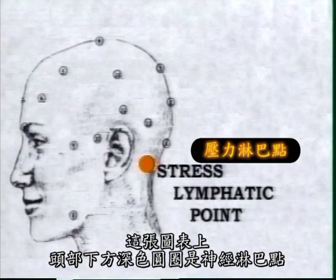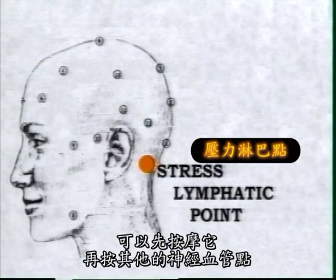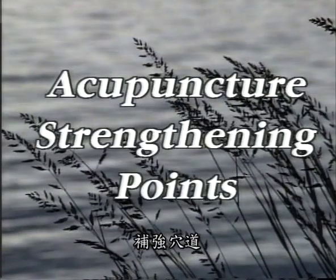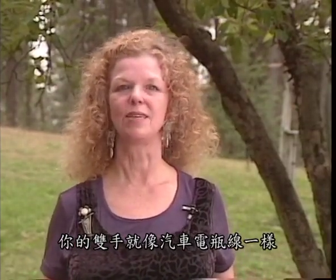The darkened circle at the bottom of the head in the diagram is a neurolymphatic point. You can massage to open the energy. You might massage this point before holding the neurovascular points. Your hands become like a jumper cable that draws energies to the meridian when you hold acupuncture strengthening points for